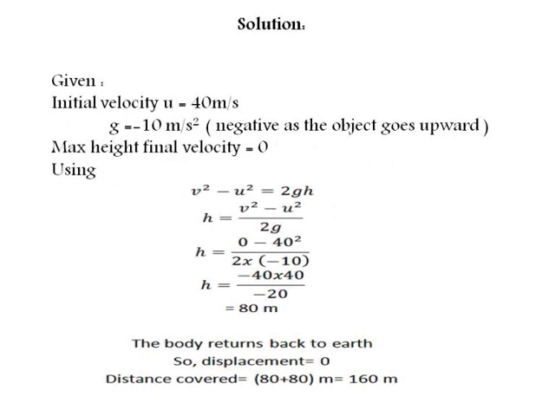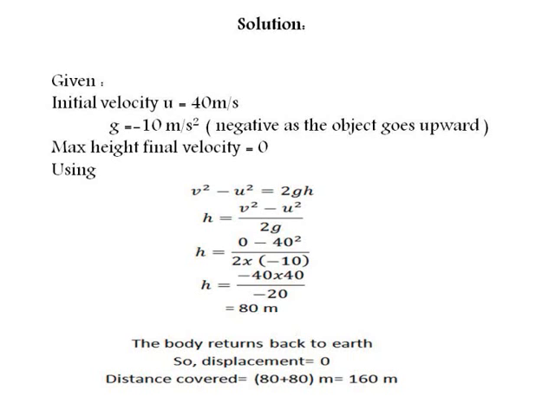In the question it is given that a stone is thrown vertically upward with an initial velocity of 40 meter per second. So this will be the value of initial velocity. When the stone reaches the maximum height, the final velocity becomes 0. So v will be 0. And here it is given, consider the value of acceleration due to gravity as 10 meter per second square. As the object is thrown vertically upward, the value of acceleration due to gravity will be negative.